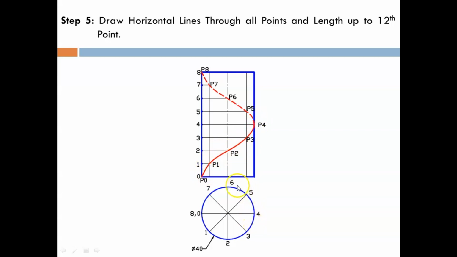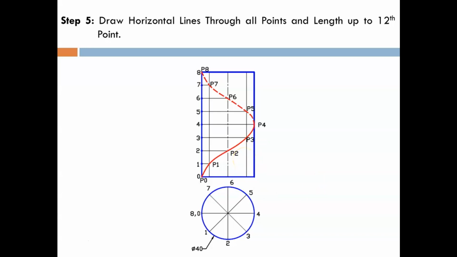From 4 to 8, this surface is on the back side of the cylinder, so it is not visible to the observer. Hence it must be drawn with hidden lines. That's why half of the curve is a visible continuous line and half is hidden lines. So this is how you can draw a helical path for 1 revolution along the cylindrical surface.